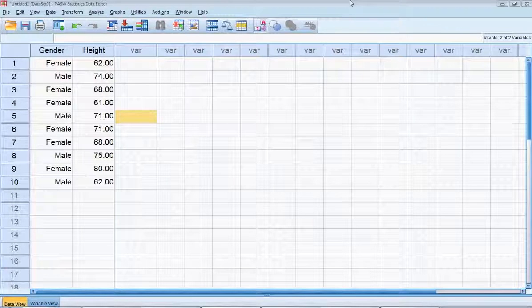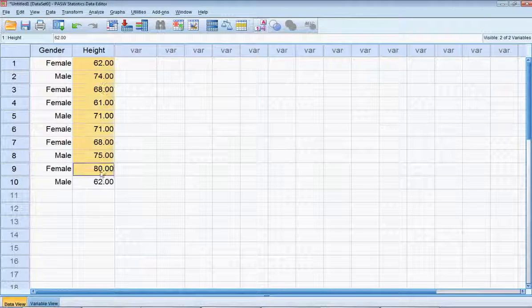In our previous video, we were working with these data on heights of males and females, and we did a frequency count which showed us how many males and females there were, and also how many people of each height there were. But I mentioned that a frequency count might not be the most interesting thing for the height data. Instead, we might want to calculate things like means and standard deviations to determine what the average height is, and how spread out the heights are around that average.